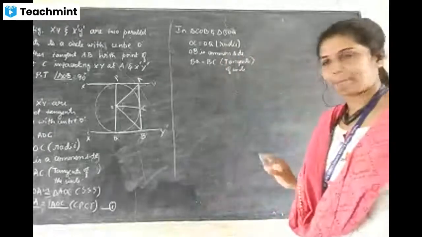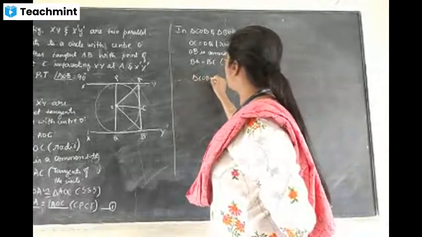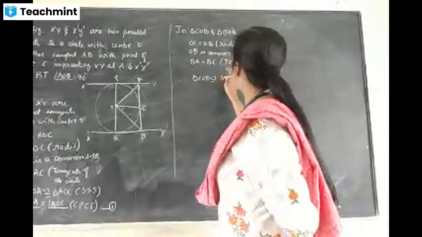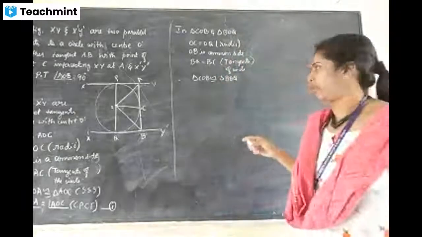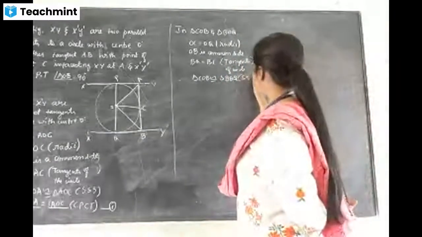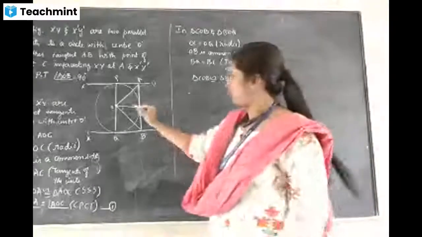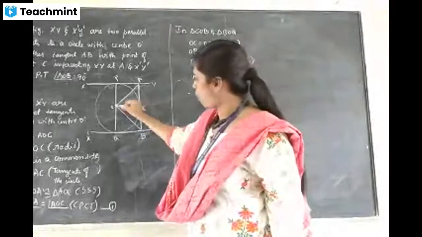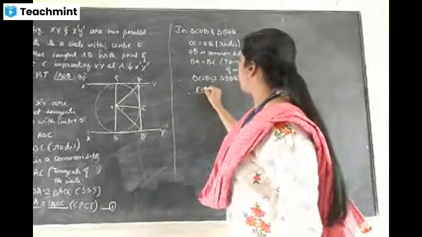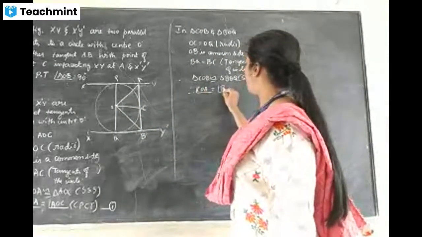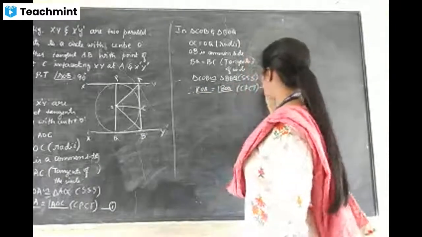Same as you have done in the first part, same way, but the alphabets come different, B, C, Q and all. SSS criteria. Therefore, which angles equal we need now? Angle COB is equal to angle BOQ because of corresponding parts of congruent triangles. So, 2.